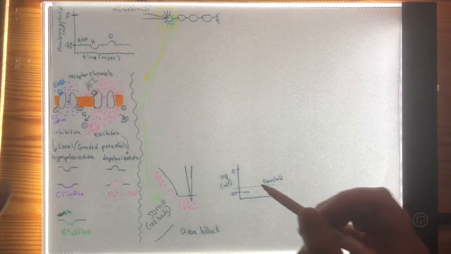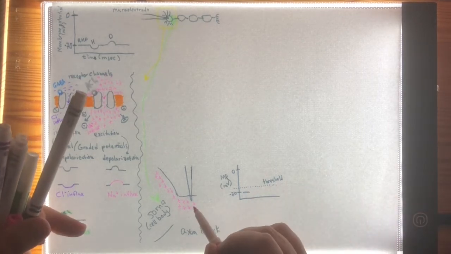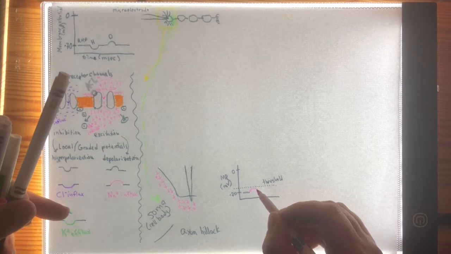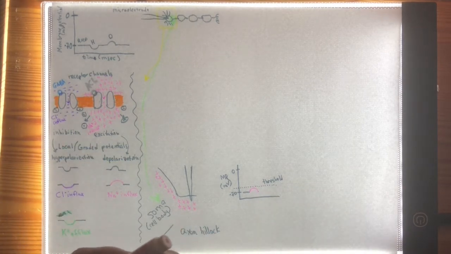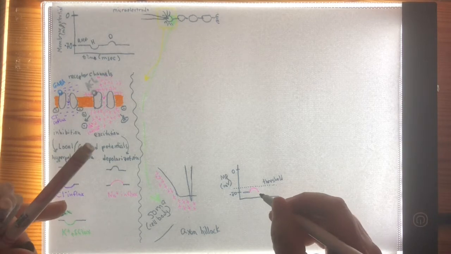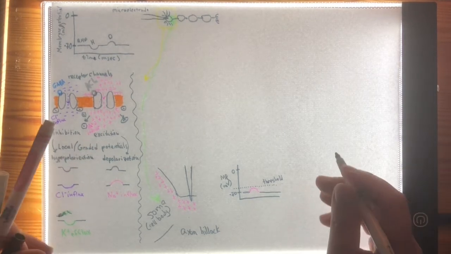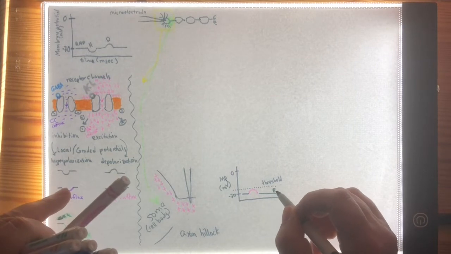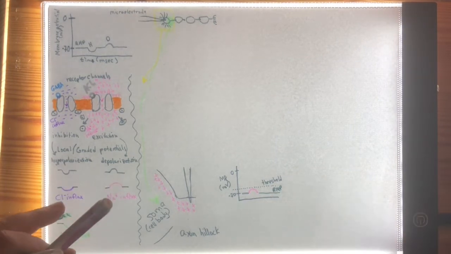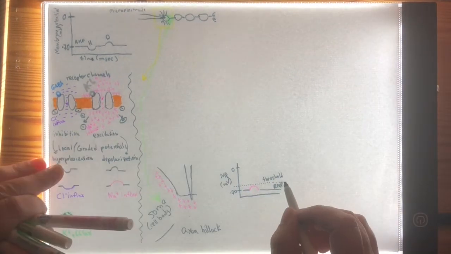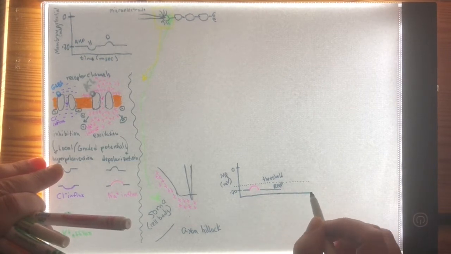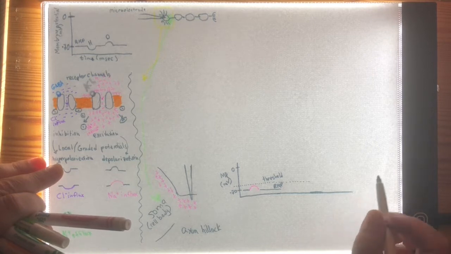So first of all, let's draw our resting membrane potential at minus 70. And again, we're going to remind you that the local potential happening more proximally up the neuron, the listening part of the neuron, had an influx of sodium ions, which caused a depolarization. In this case, the influx of sodium ions did not actually reach threshold. And so that depolarization just bumped up a little bit and you went right back to resting